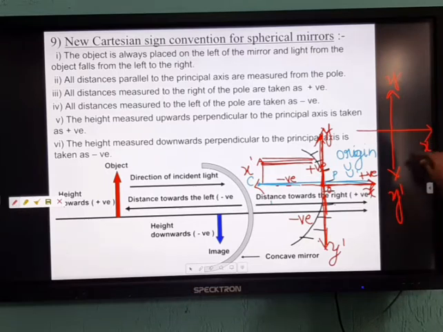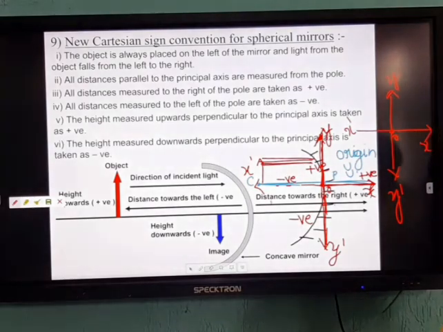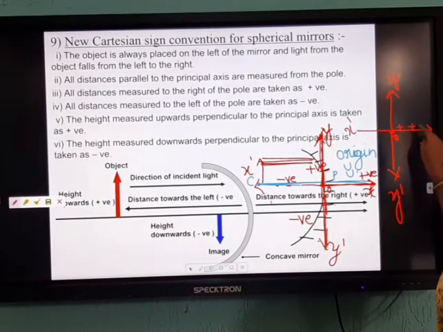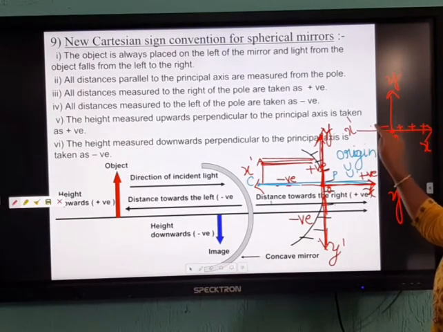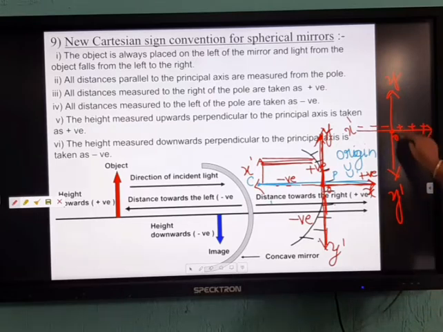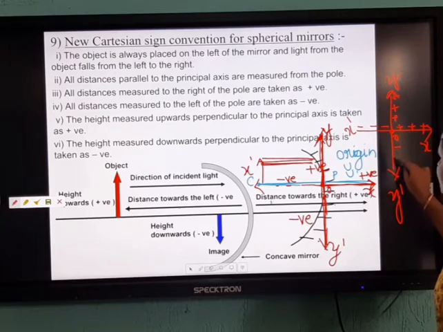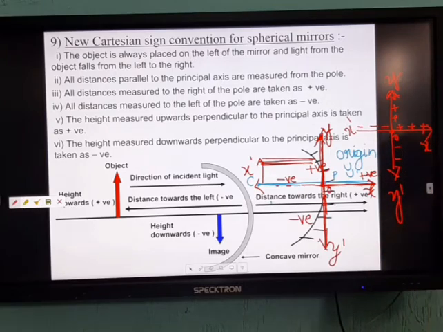This is x, x dash. So this is origin, which means it starts from what point? 0. Right, 0. So towards you, you are going to mark it as a plus. So towards this side, positive. In the same way, in this direction it will be positive. Here, negative. Clear?